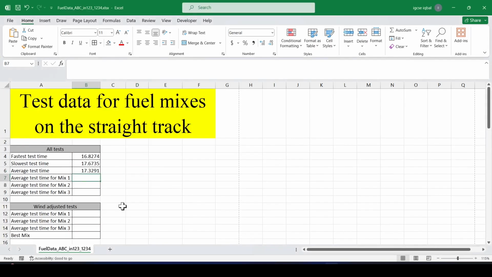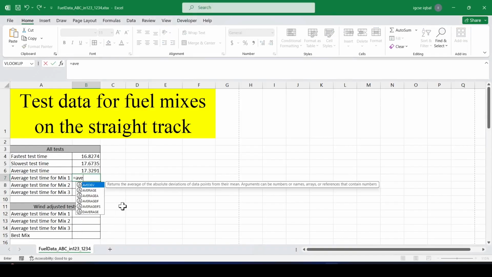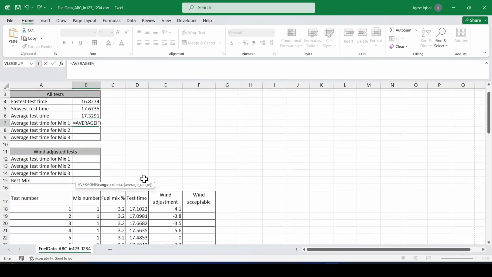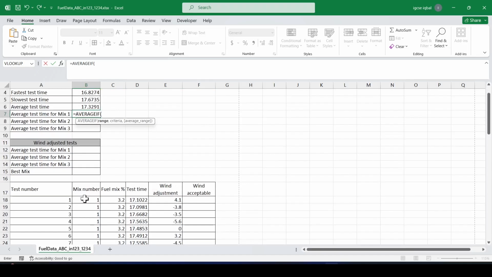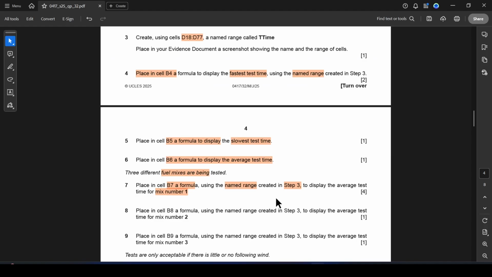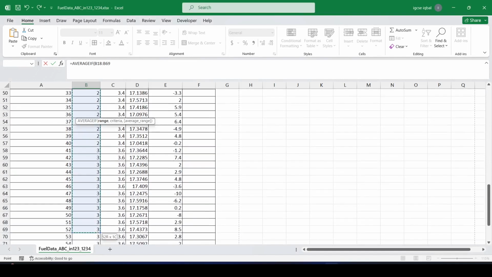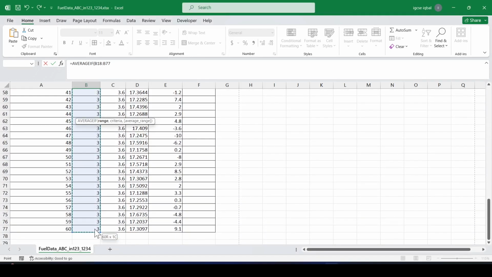So in B7, equals AVERAGEIF. In this, all the mix numbers, comma,